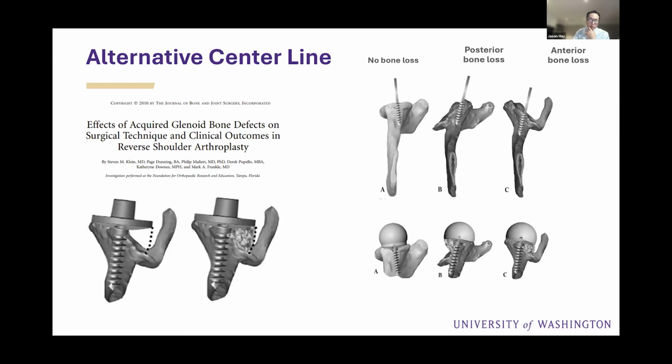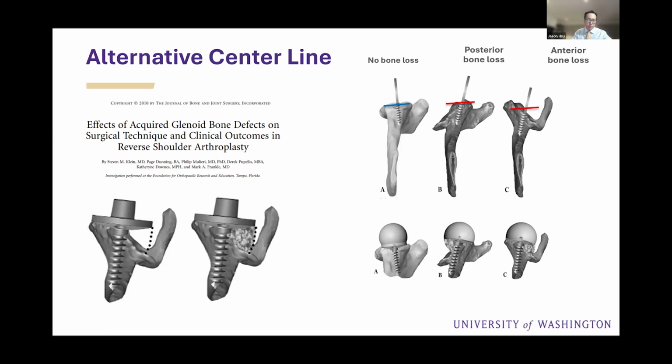Normally when we implant a base plate, we're doing it perpendicular to the face of the glenoid, and our central base plate element often perforates out the anterior vault. But the concept with the alternative center line is that you direct the central screw of the base plate into a column of bone here. It's the central part of the glenoid vault, where the scapular spine and the base of the coracoid meet. This allows the central screw to capture some really hard, good bone, and allows you to get great compression